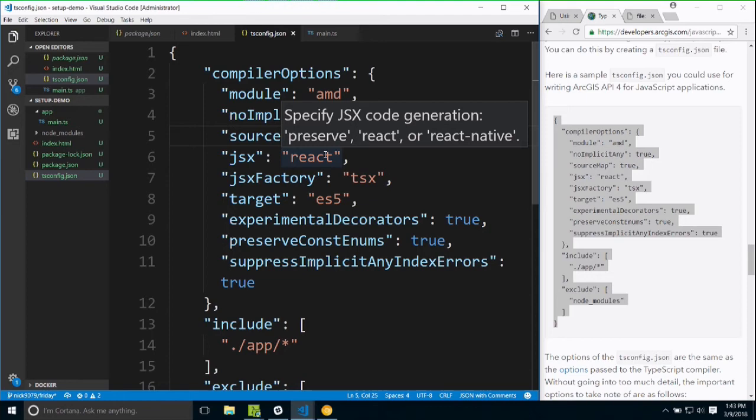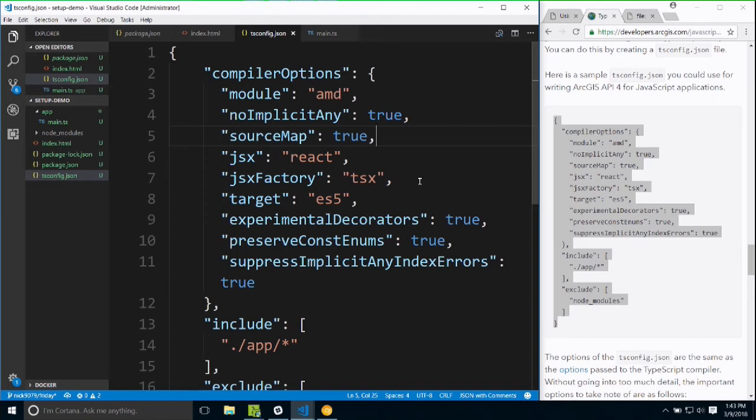Like I said, we're not really going to get into JSX or TSX at all in this talk, but we need to use React for this setting. That's just how it invokes the function that it does when it runs into JSX in your code. So the widget framework does use some of this JSX. And then we have our own sort of in-house JSX factory, and that's the function that actually gets called